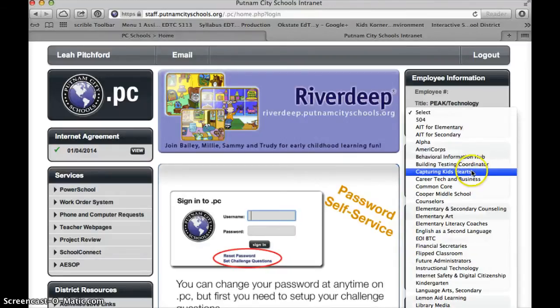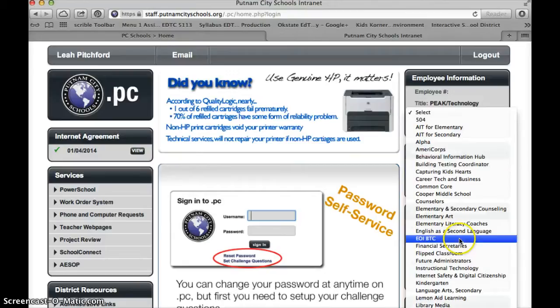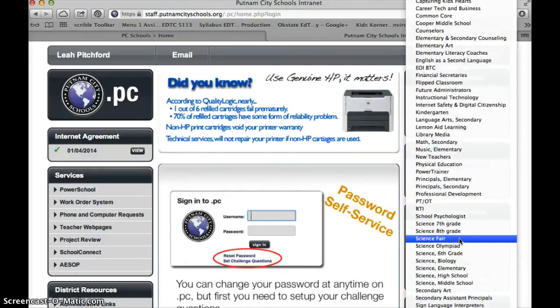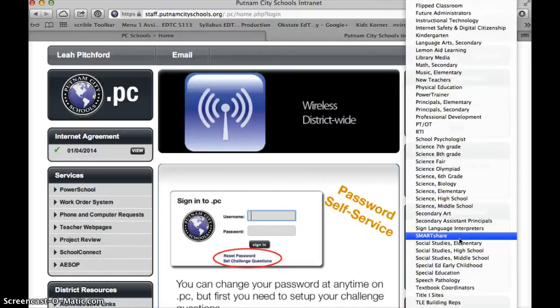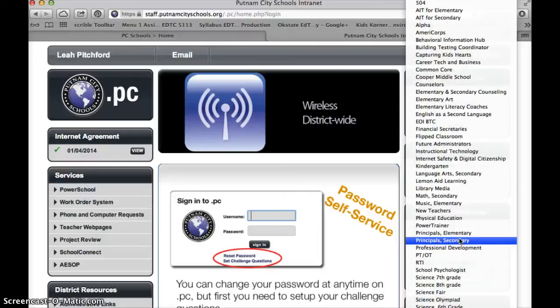Let's say you have never attended or have attended and would like some more knowledge on capturing kids' hearts, you could join that community. So some of these things are very specific to grade levels or to subjects, but some of the things are just things you could be interested in. And so you may want to sign up for that community so that you can learn things as you go